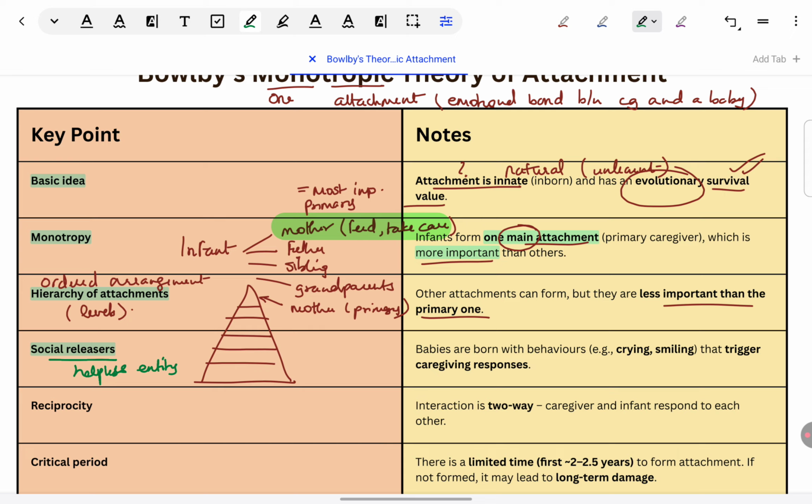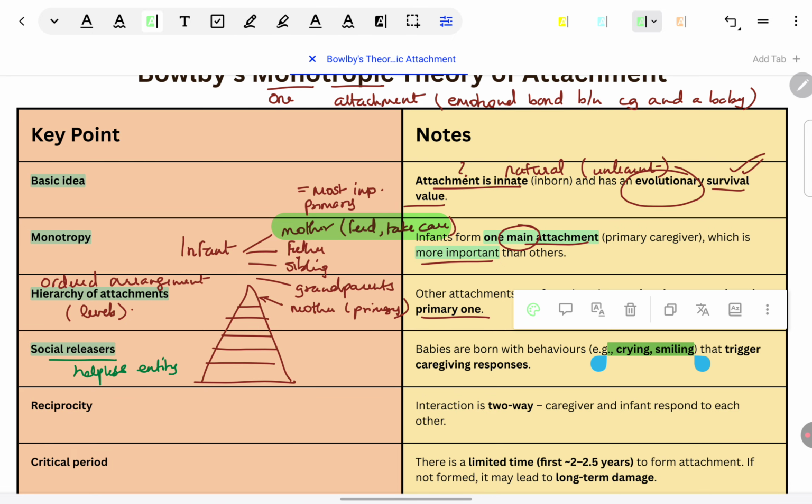If someone is not there to help them move around, how will they move? They'll be stuck in one place, can't even fend food for themselves, they'll die like that. So they need someone to pick them, carry them, feed them. They are absolutely helpless on their own. So that's why that tendency to attach is there, or that behavior to attach is there, because the baby is so helpless that only if they can attach to a figure who can help them out thoroughly, then only they can survive. So that's why babies are born with certain behaviors.